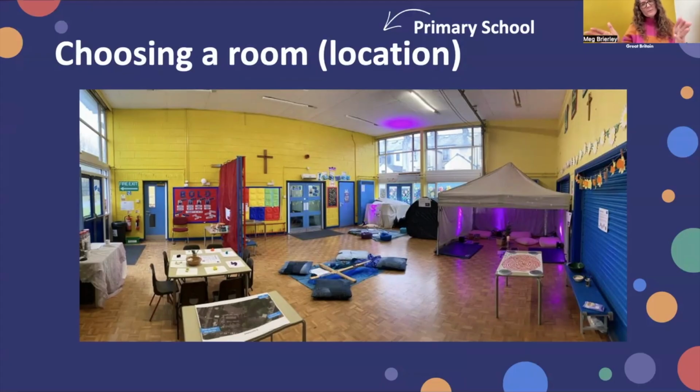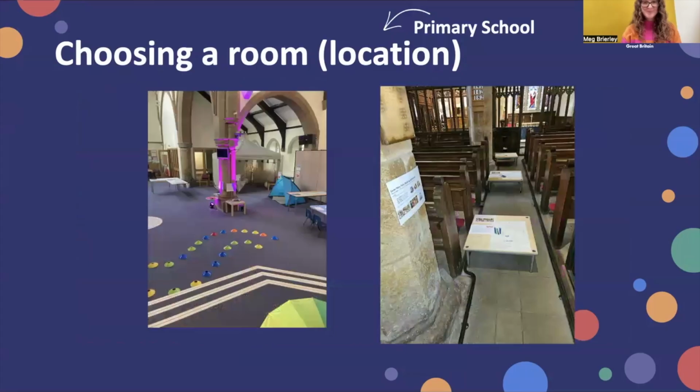We've also boxed off spaces by using a gazebo inside just to delineate cozier spaces. And there's also a blackout tent in there. So there are ways of bringing spaces within a larger space as well.